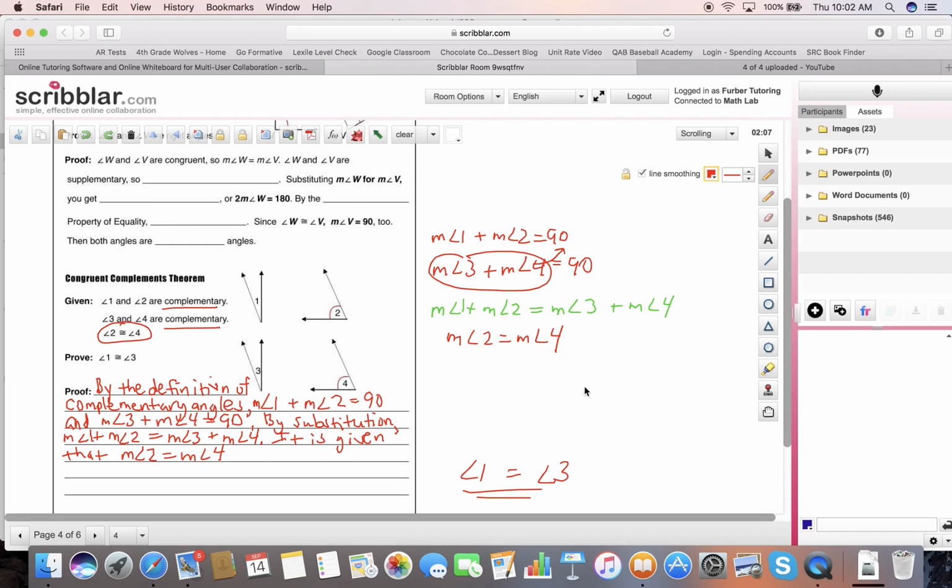So what I'm going to do is use the substitution property a second time. Okay? If I know that every time I see the measure of angle 2, it means the same thing as angle 4, then I'm going to take angle 4 and replace the measure of angle 2 with it because they're equal to each other. Okay? So, by substitution,